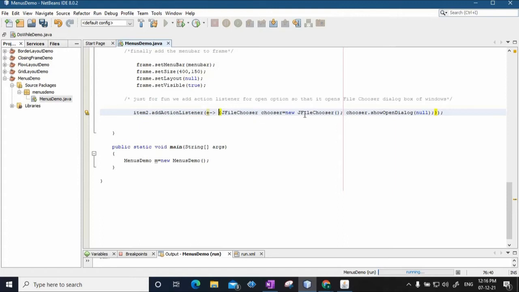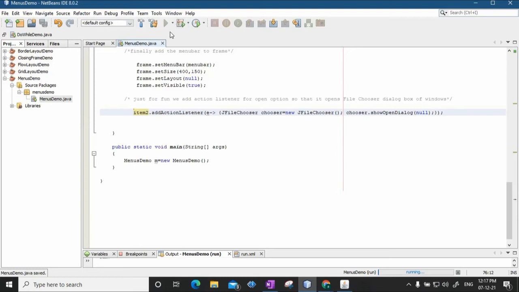I've named the object of JFileChooser chooser. It has a method within it called showOpenDialog. So this showOpenDialog method is going to open the open dialog box. So let's include this.